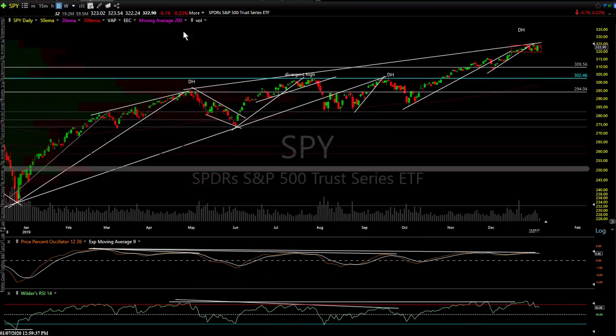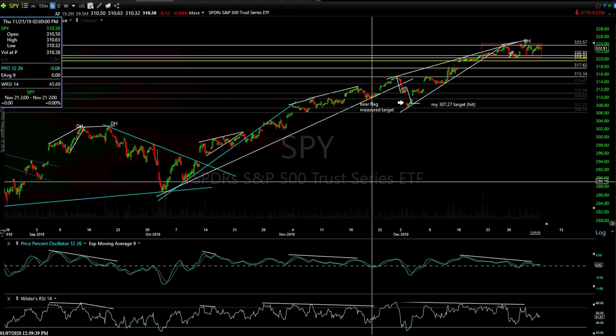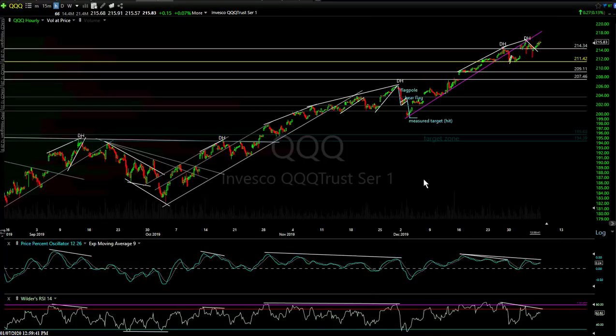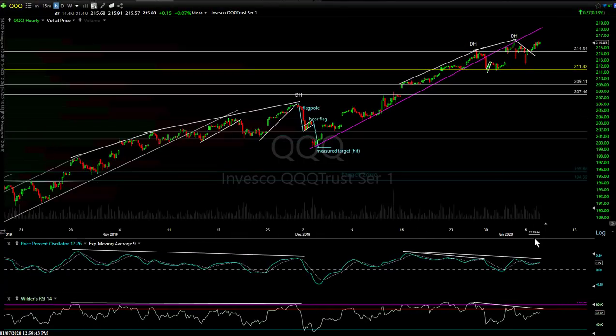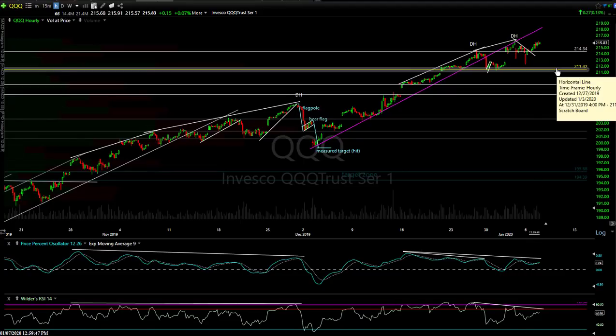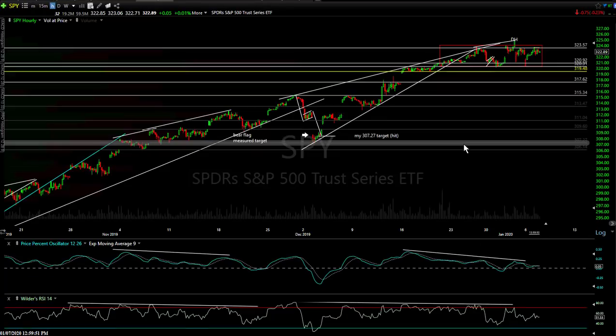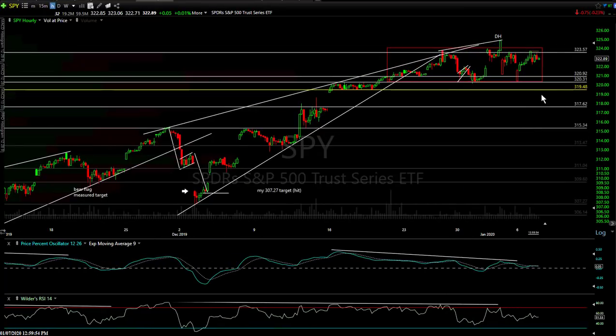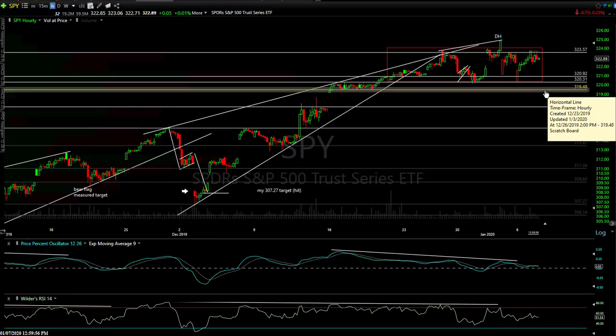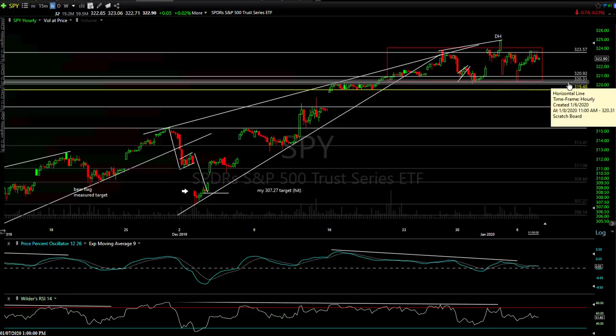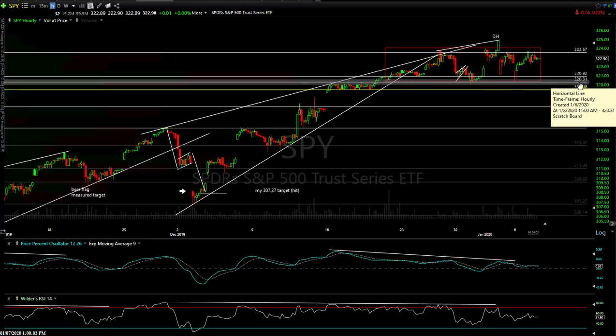All right, I didn't want to spend too much time there again, because I will do an update today if there's anything significant. There's just not a lot for me to report here on this 60-minute chart, other than the levels I'm still watching, 211.42 on QQQ, to trigger the next sell signal, as well as a break below 319.48 on SPY. Of course, there's that boxed in range. I should say actually the first sell signal will really come on a break of 320.31 on SPY.